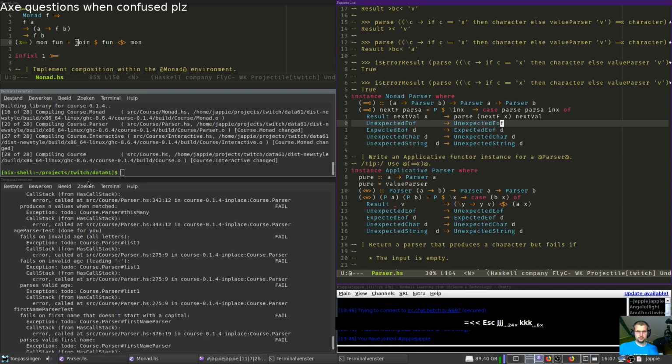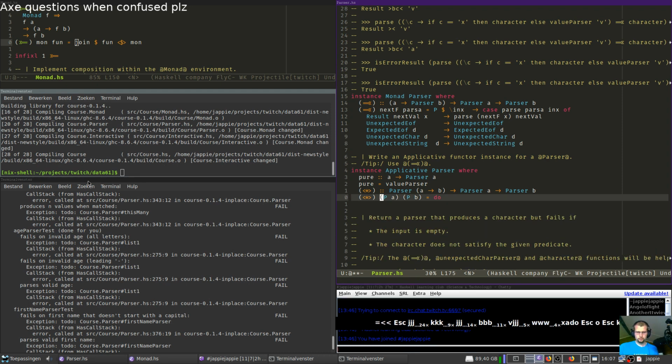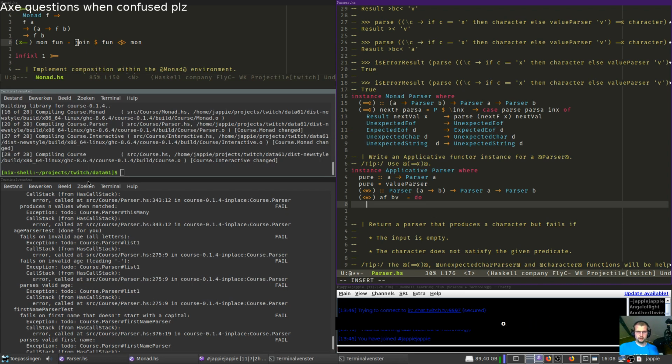It's so weird that they flipped it. Yeah, we can just use do syntax then. Just delete everything here, and it'll just work. Do. If bv. How about that? We made proper names.